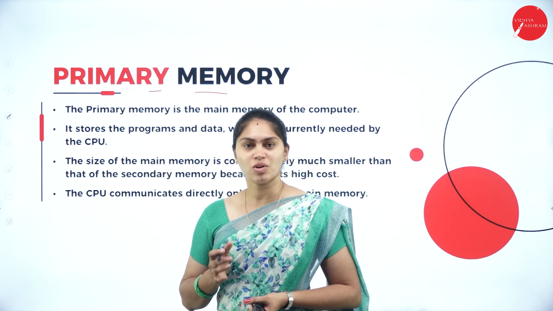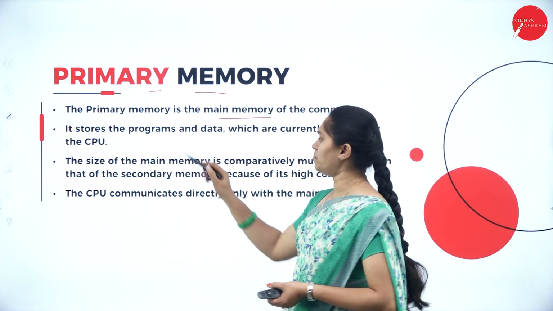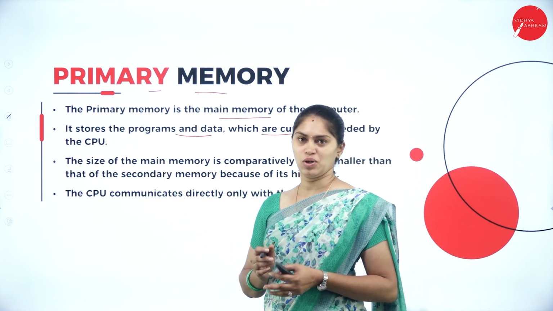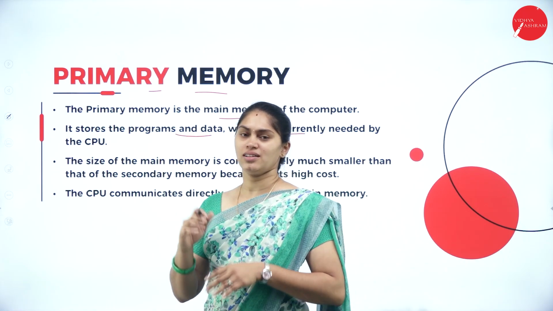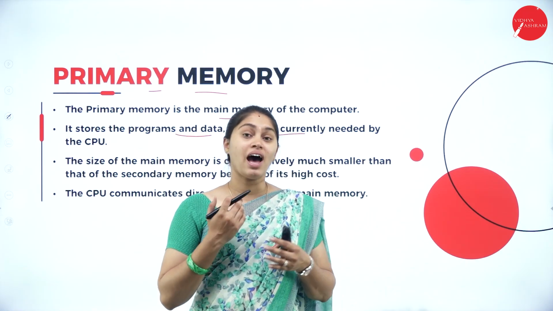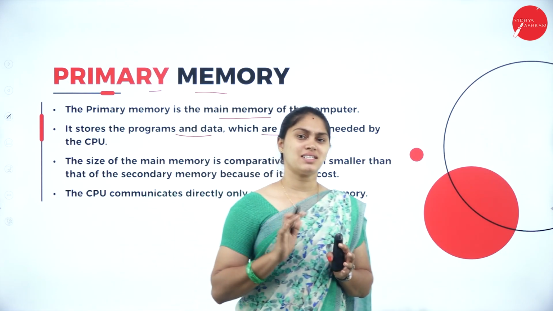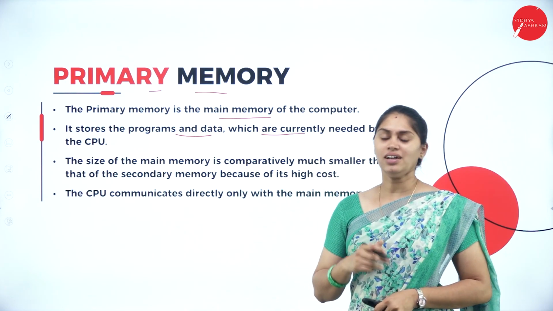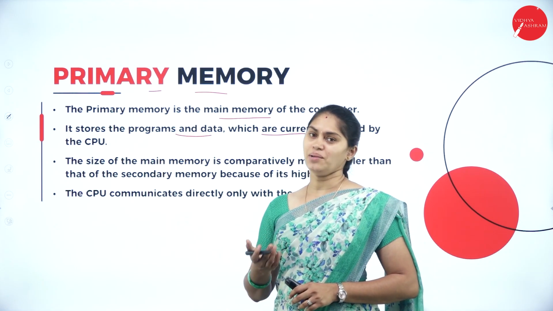Primary memory is also considered the main memory of a computer, in order to store the programs and data which are currently executed by the CPU. Whatever you want to execute, whether it is in primary or secondary memory, should be in the primary memory at the time of execution. For example, you have some content in a CD or DVD, which is a secondary storage device, but if you want to execute it, it has to be copied to the primary memory or main memory of the computer,